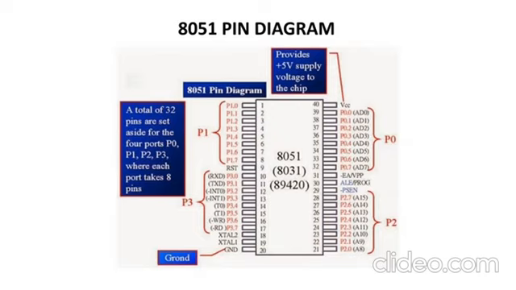Apart from all this, in general all 4 ports act like input output ports. If you have external memory access, then port 0 and port 2 act like the address or data buses, else they act like input output. Even port 3, if it has a specific special function, it will do that, else it acts like a normal input output port, like port 1. So this is about your pin diagram.